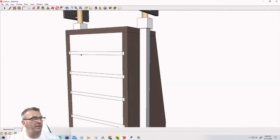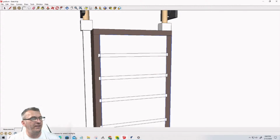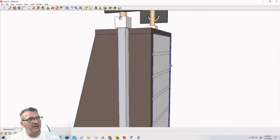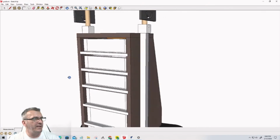Now this one, on my back, my shelf goes all the way to the back here. So we're going to rabbet the back. One last thing that we're going to do here is we're going to rabbet the sides, and that will hide these openings right there so they're not visible. Let me do that really quickly. We're going to come in here and